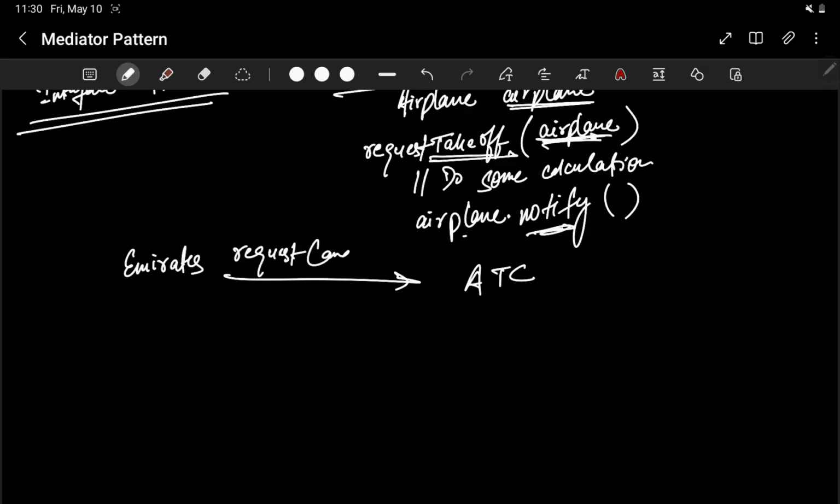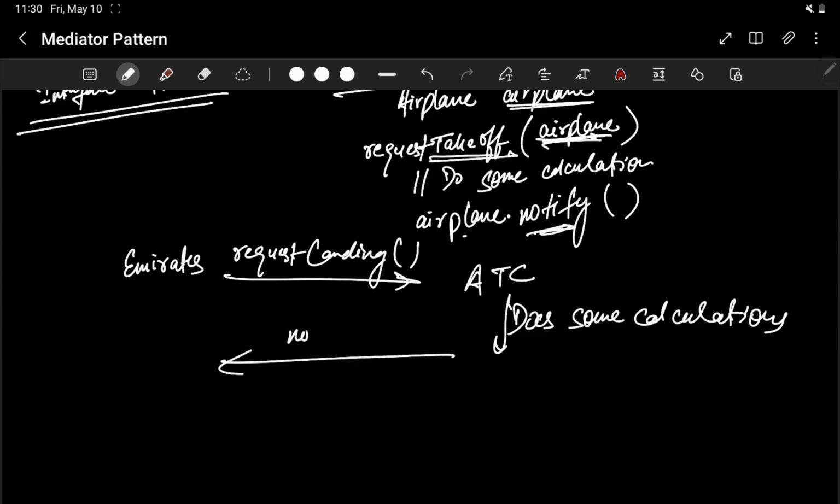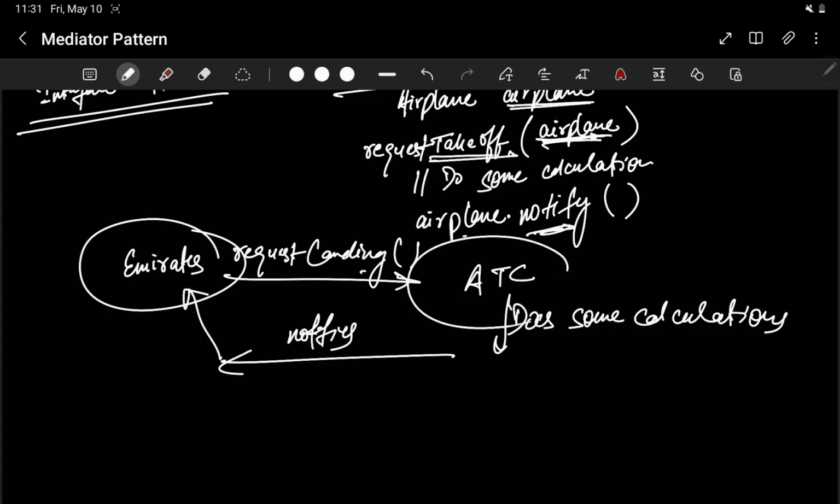What ATC does is it does some calculations, and then it notifies whom? Emirates again. So it calls its own request for landing,